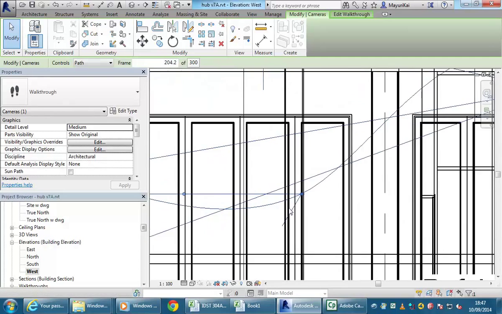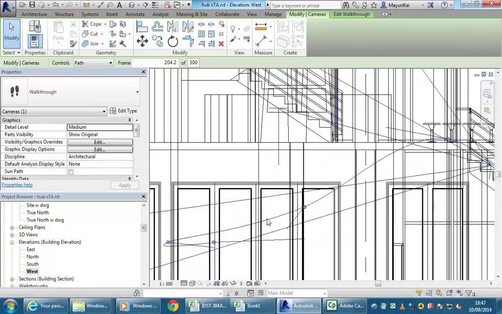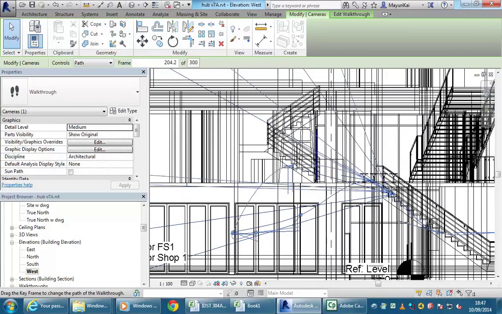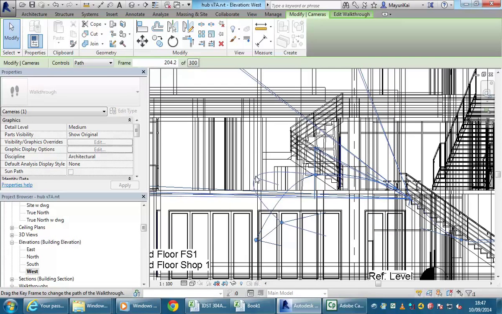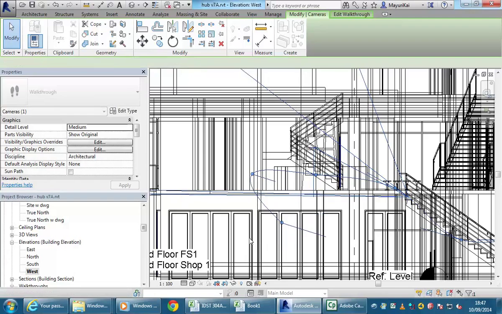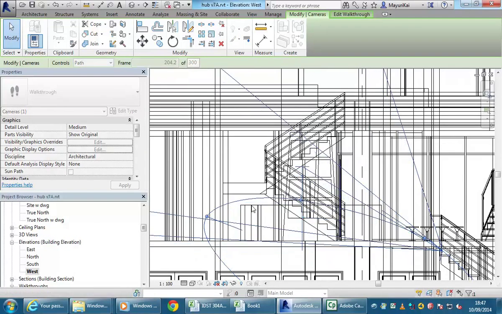This one here, I can be pretty sure then is the end, or no, it's not actually. So that's another intermediate point. So this one here is the end. There's some more points there that are along the path, and it does take a bit of getting used to, but you'll see as you adjust these heights